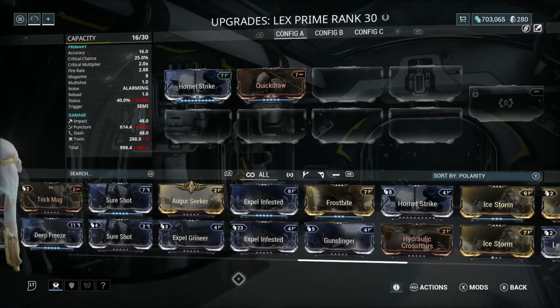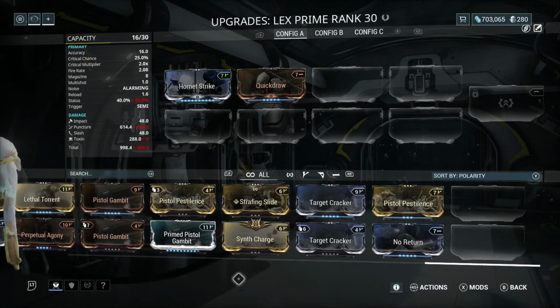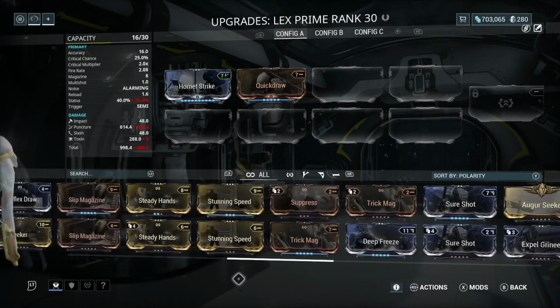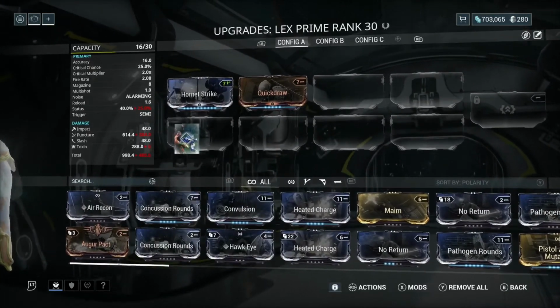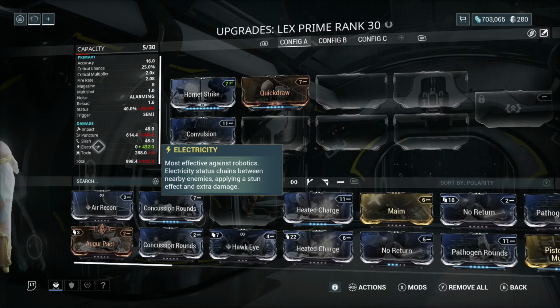Now let's see. There's one more. Nope, not that. Yeah. Where is it? Convulsion, which is electricity. Electricity. Most effective against robotics. Electricity status chains between nearby enemies, applying a stun effect and extra damage. The thing about electricity damage is that any enemy